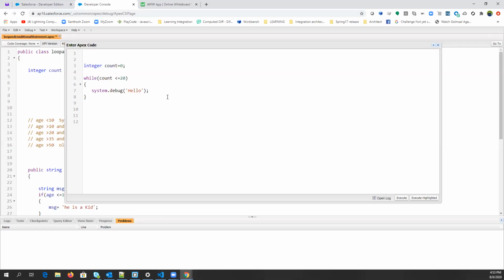So what we need to do here is count plus plus. First count is 0, the condition will be true. This is a condition, right? We are just writing a conditional statement here. So count is a variable, count less than 20, because the first time the value of count is 0, then it will come here, it will type hello, right? And then we will increase the value of count so that it will reach 20, right? So you can simply type count plus plus, right? So what is the meaning of count plus plus? It will increase count by 1. Or you can write it in any other way as well, like plus equals 1.